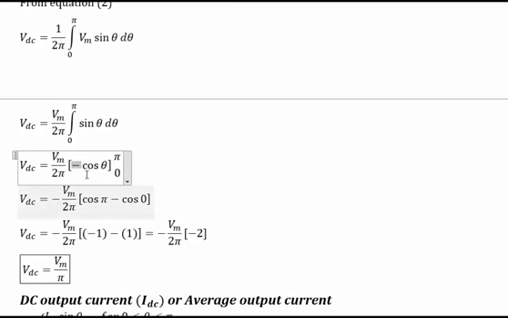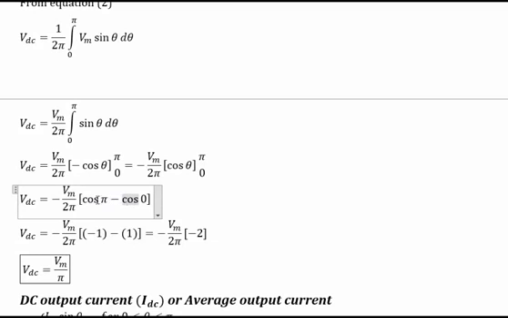So when I take the minus sign outside, it will remain as cos theta. So first we will put the upper limit, so it will become cos pi minus the lower limit cos 0, cos pi minus cos 0, and we